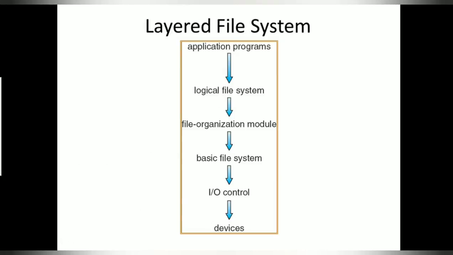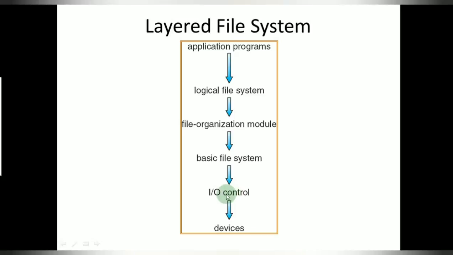So starting with the bottommost layer. Now the bottommost layer is the IO control. You can see here you have the application, and the application can be reading, writing, or doing any operations on the file with the help of the device. Now if I have a file and I want to write to the file, I would be needing your IO devices. So what happens with the IO controller is what we will see.